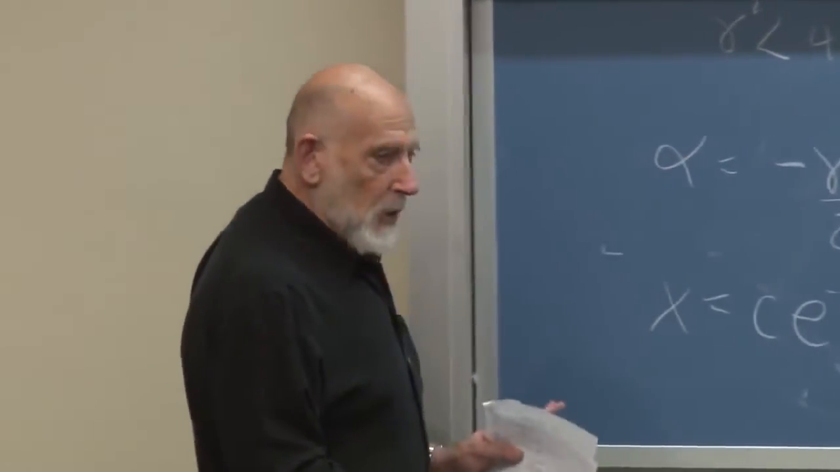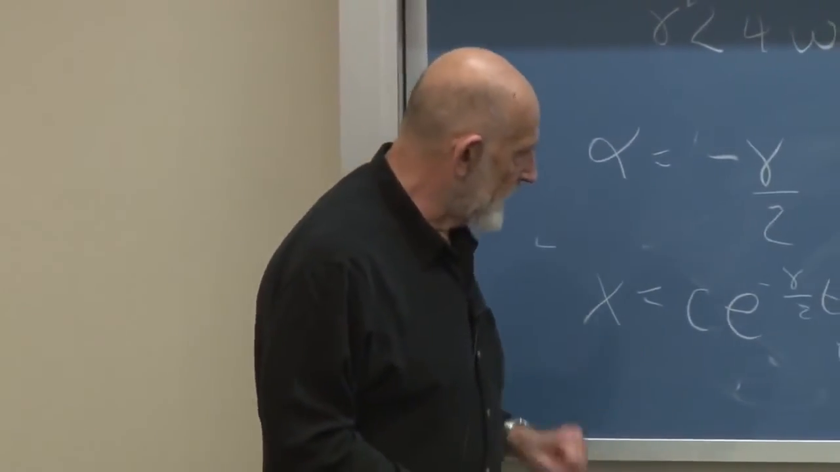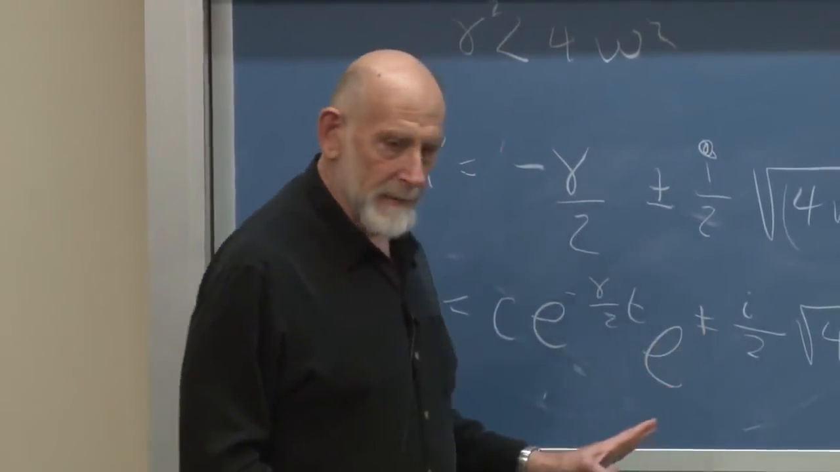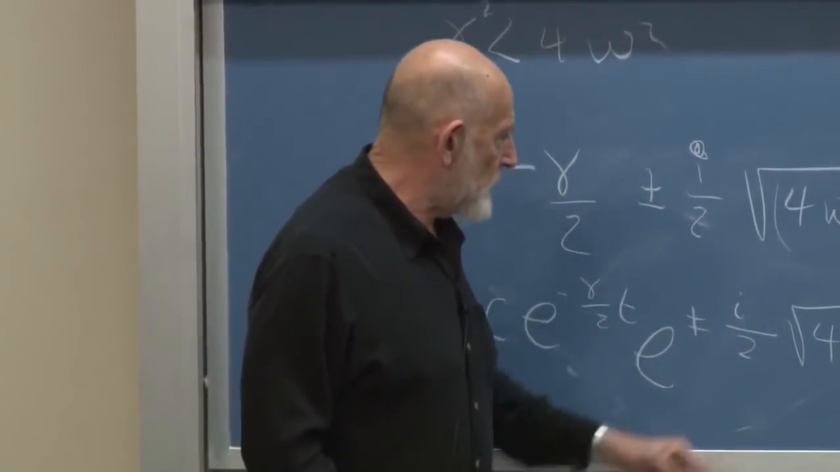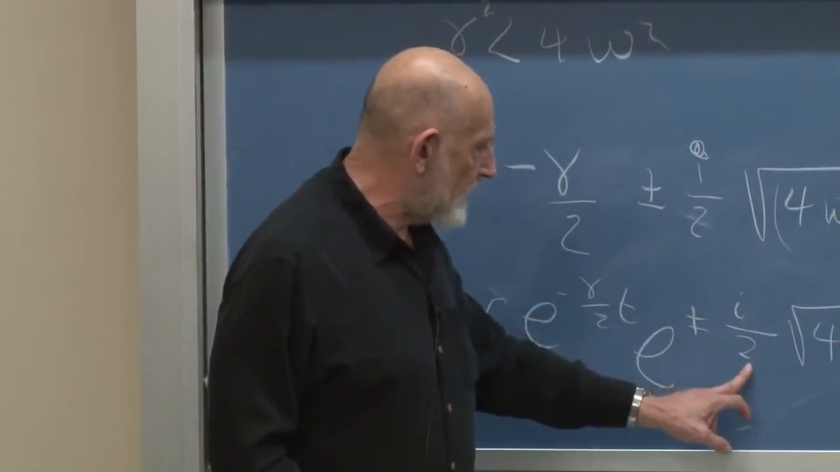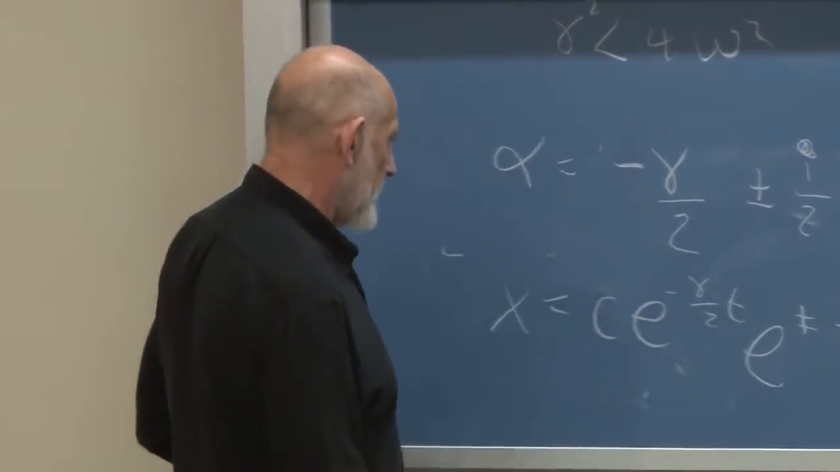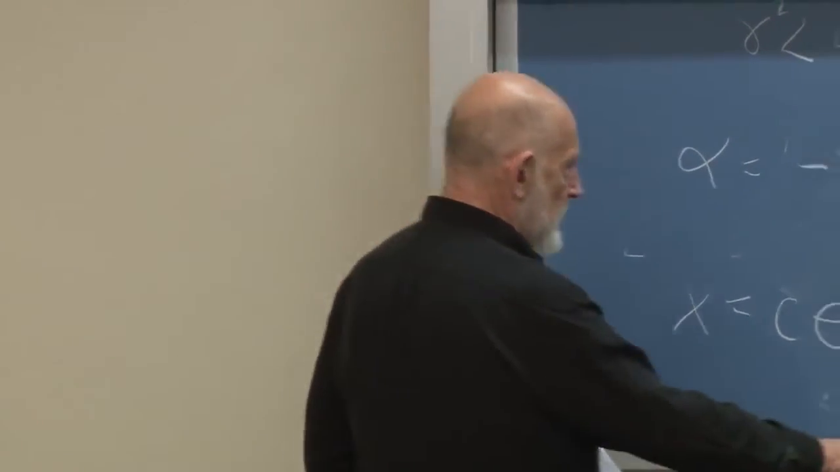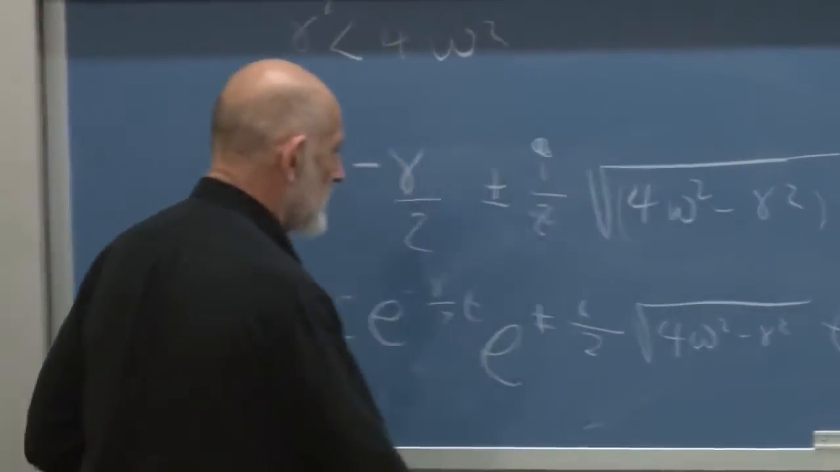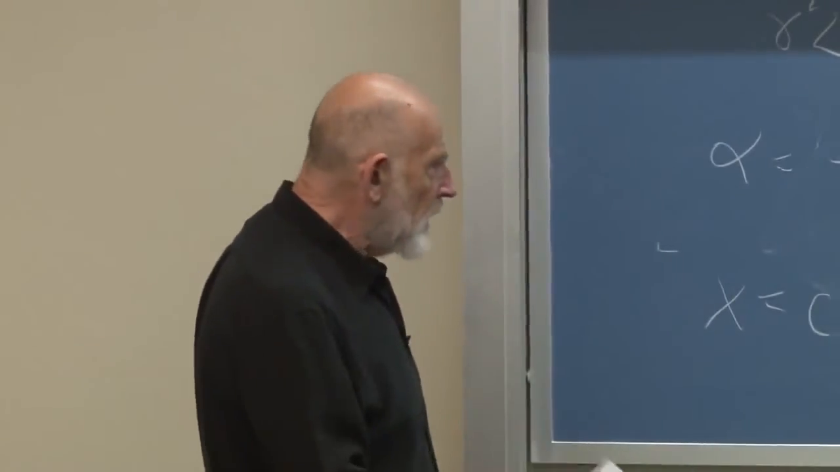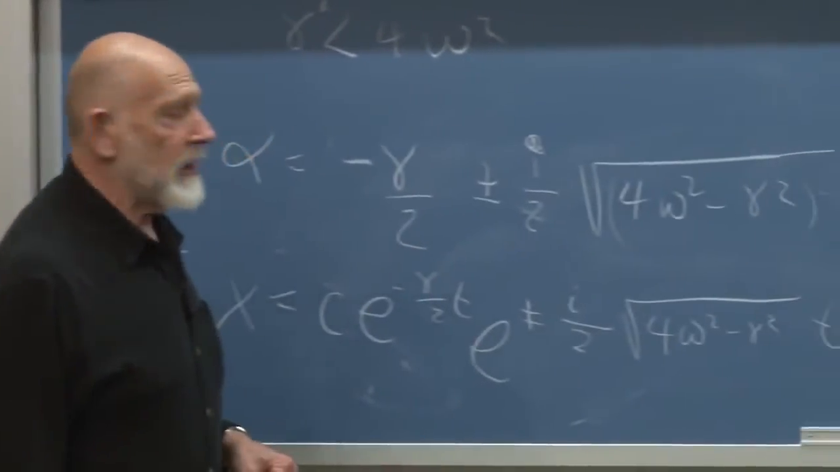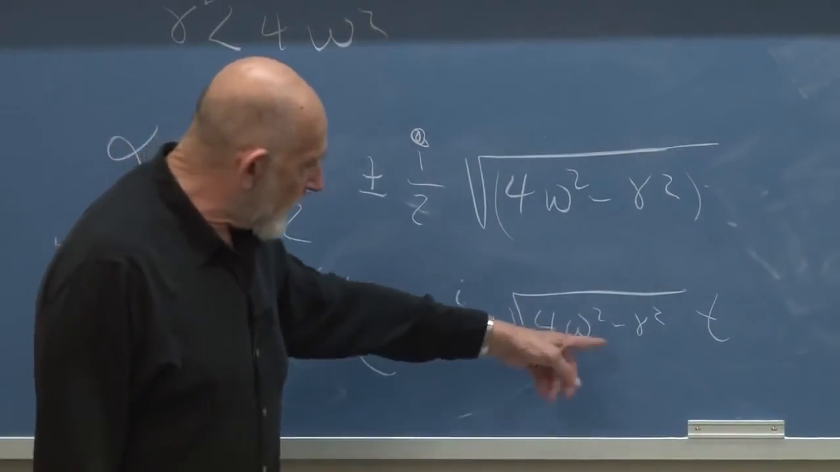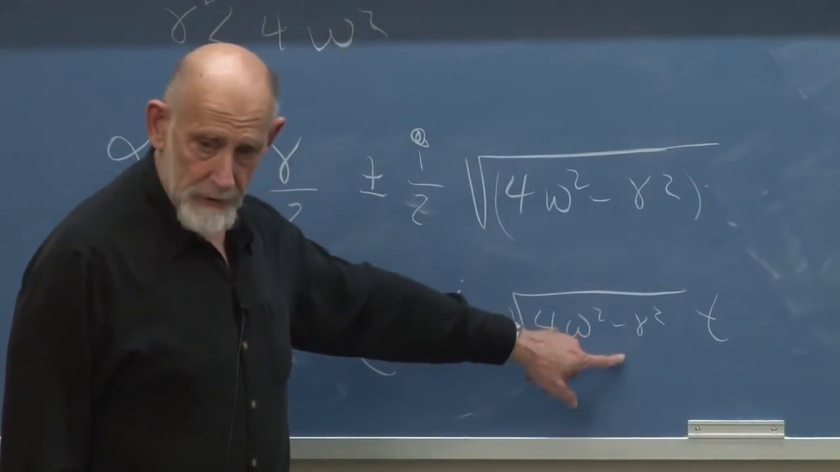When gamma is small, this is basically 4 omega squared minus a little bit. The square root of 4 omega squared is 2 omega. 2 omega divided by 2 is, do I have that right? Yeah. So, times time upstairs in the exponent, this is basically e to the i omega t, the good old oscillation, except that the frequency is a little bit less because of the